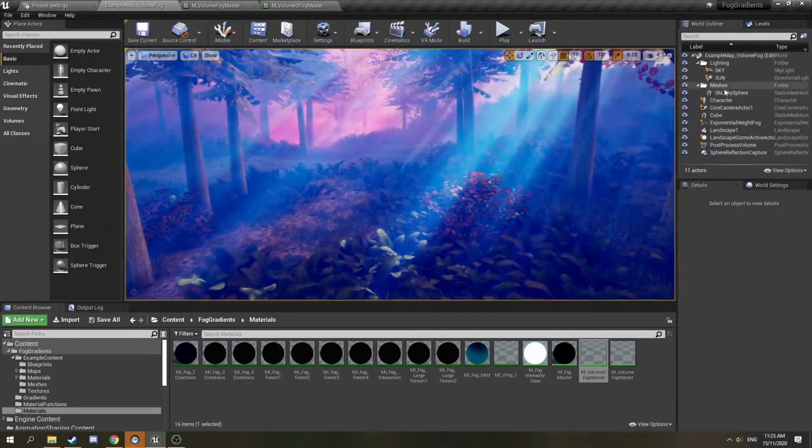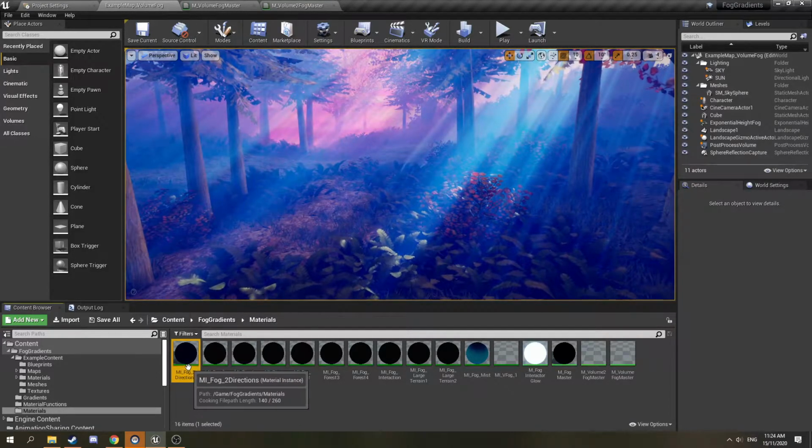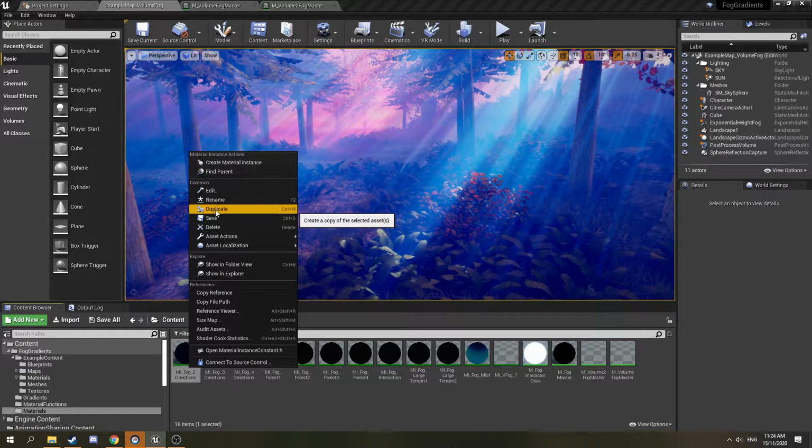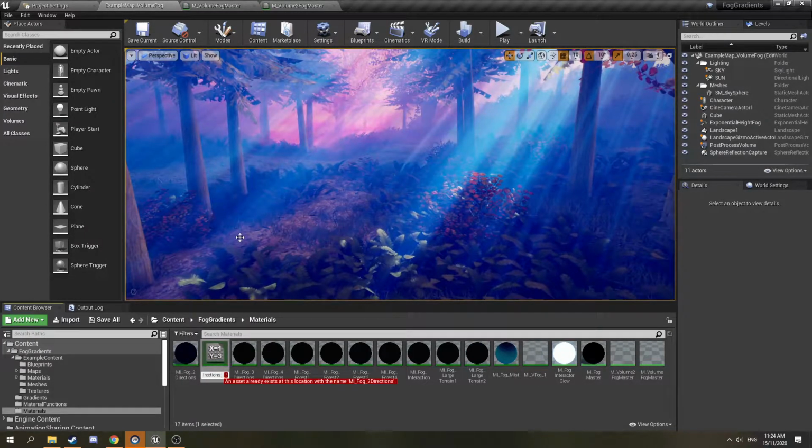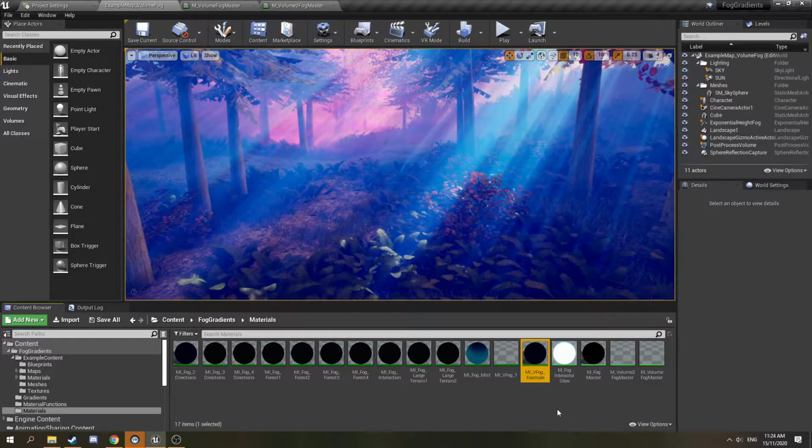So once you've got that set up, what you can do, you can actually take one of the existing example fog materials. I'll take the fog 2 directions here. I'll just duplicate that. I'll rename it V fog 2 directions. I think I've already got that. So I'll just V fog example. Yep. And then in your level,